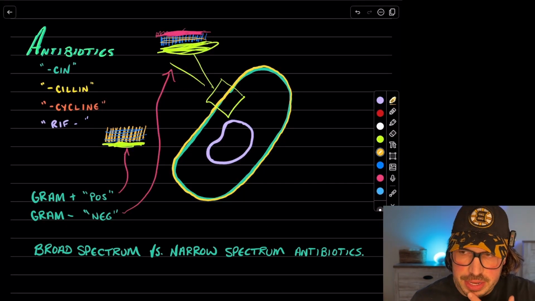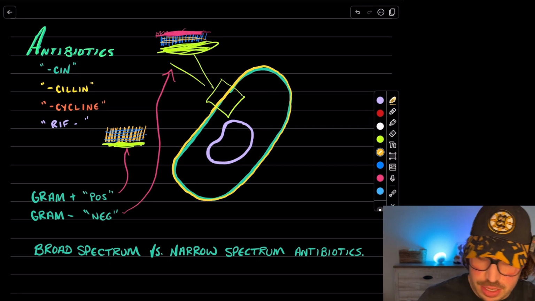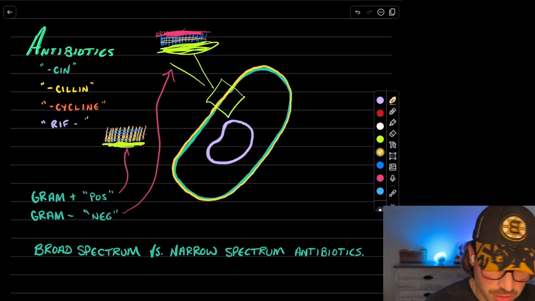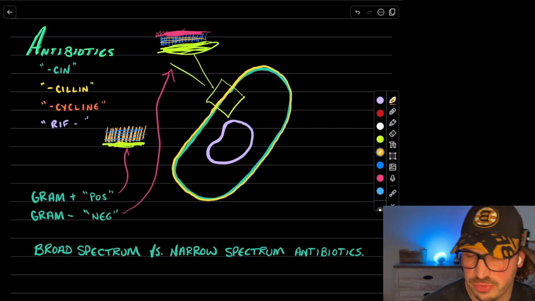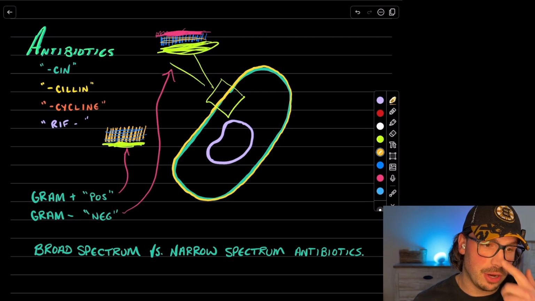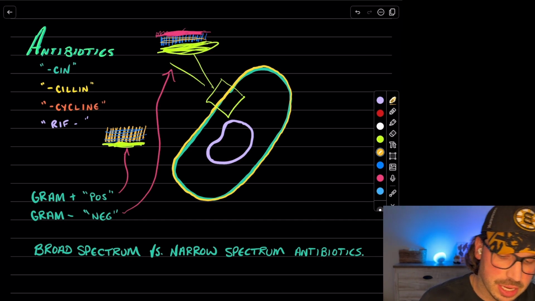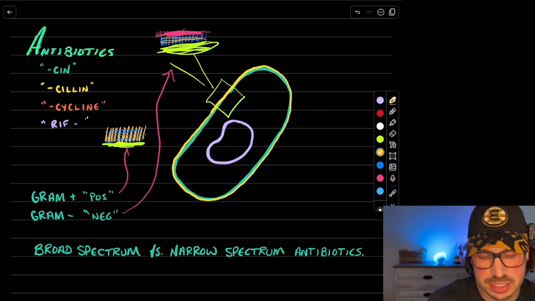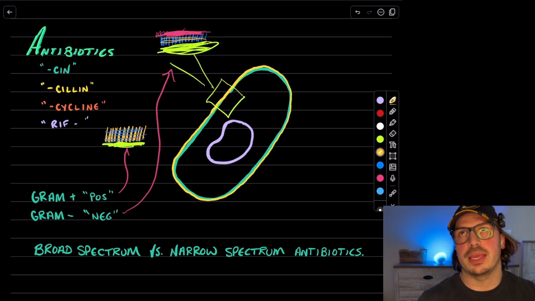So the next group of medications we're going to talk about are antibiotics. These tend to be a little bit more tricky to find a naming convention to follow. There's a lot of different prefixes and suffixes, and even some antibiotics that don't really follow any of those conventions. The most common ones you'll see are syn, psilin, cyclin, and rif, which would be a prefix. But you can think of medications like